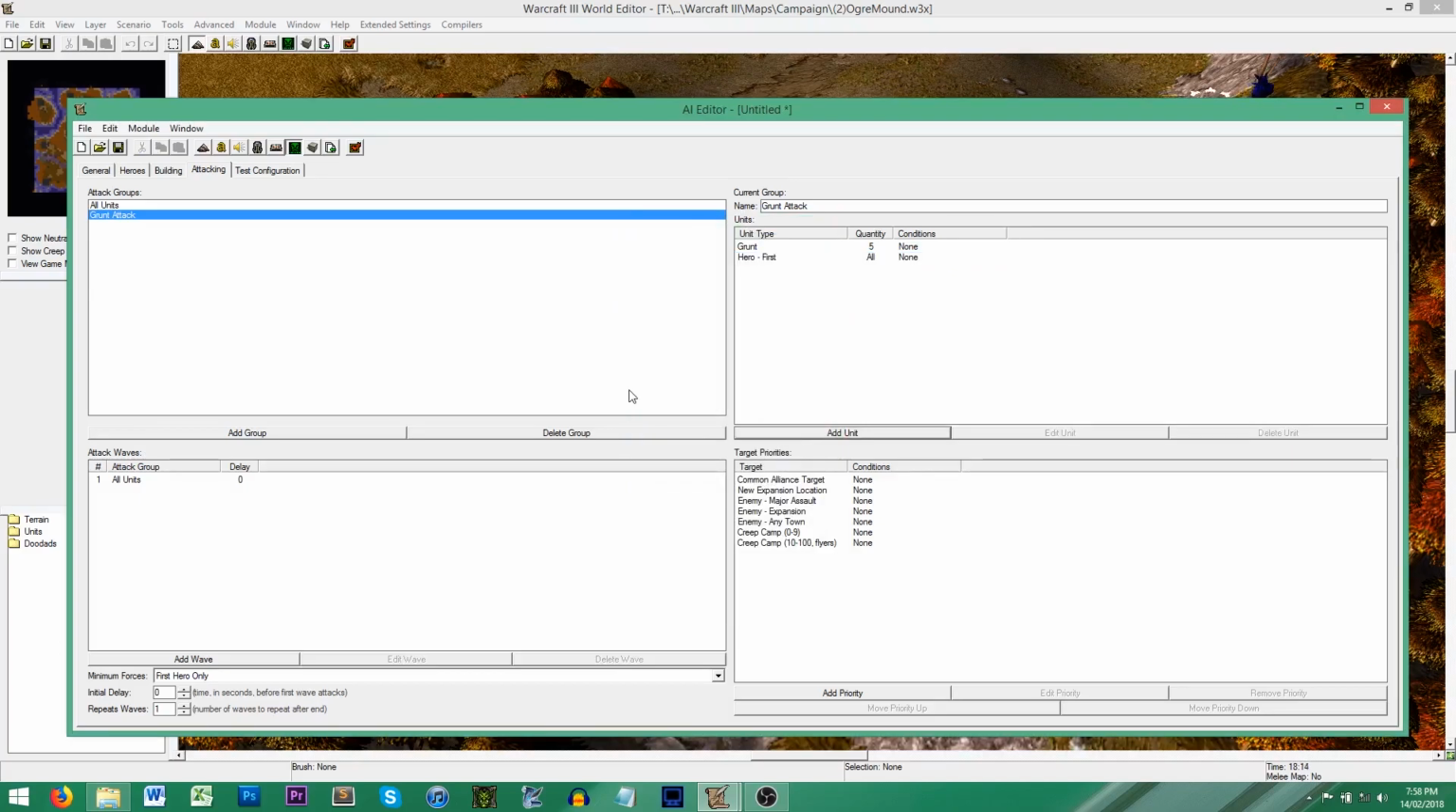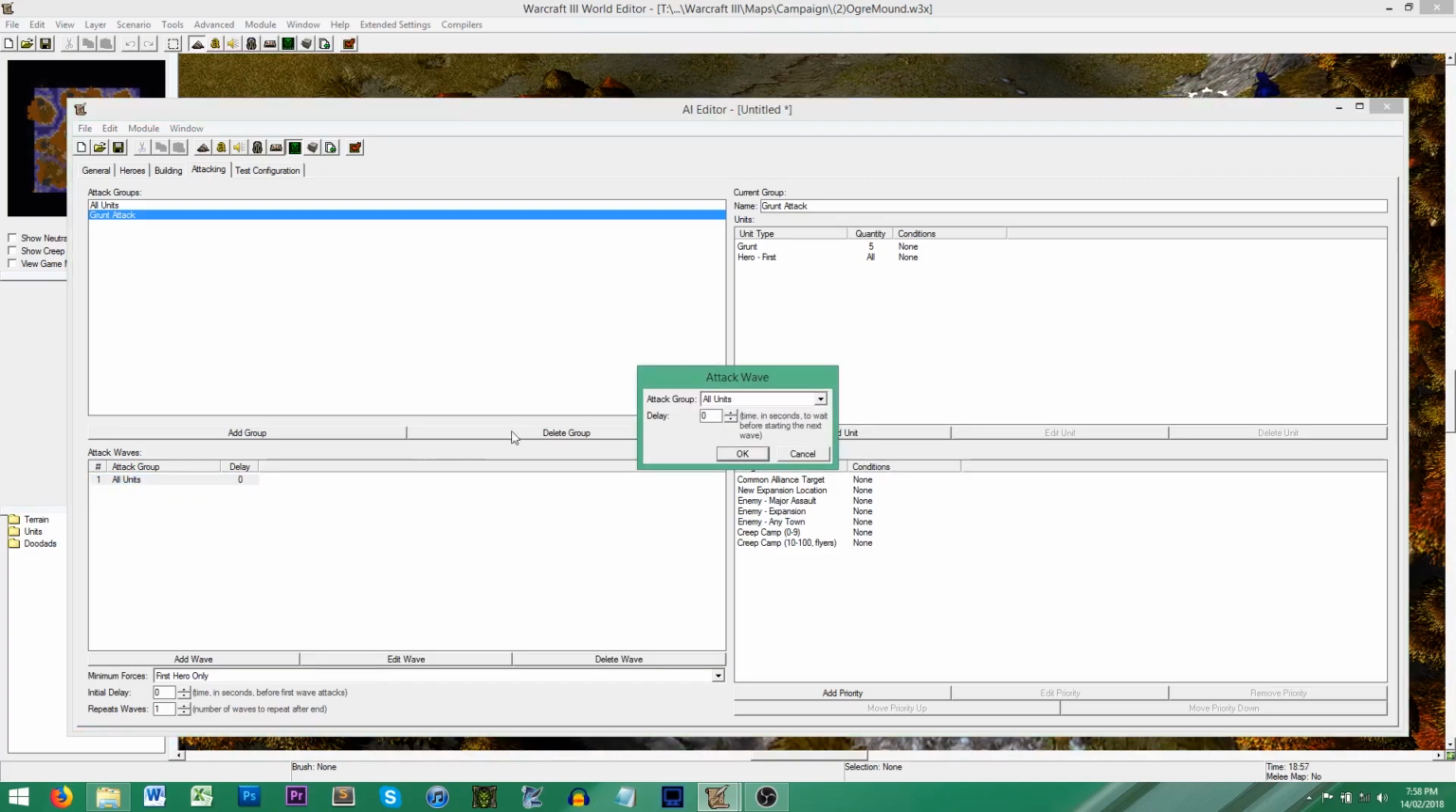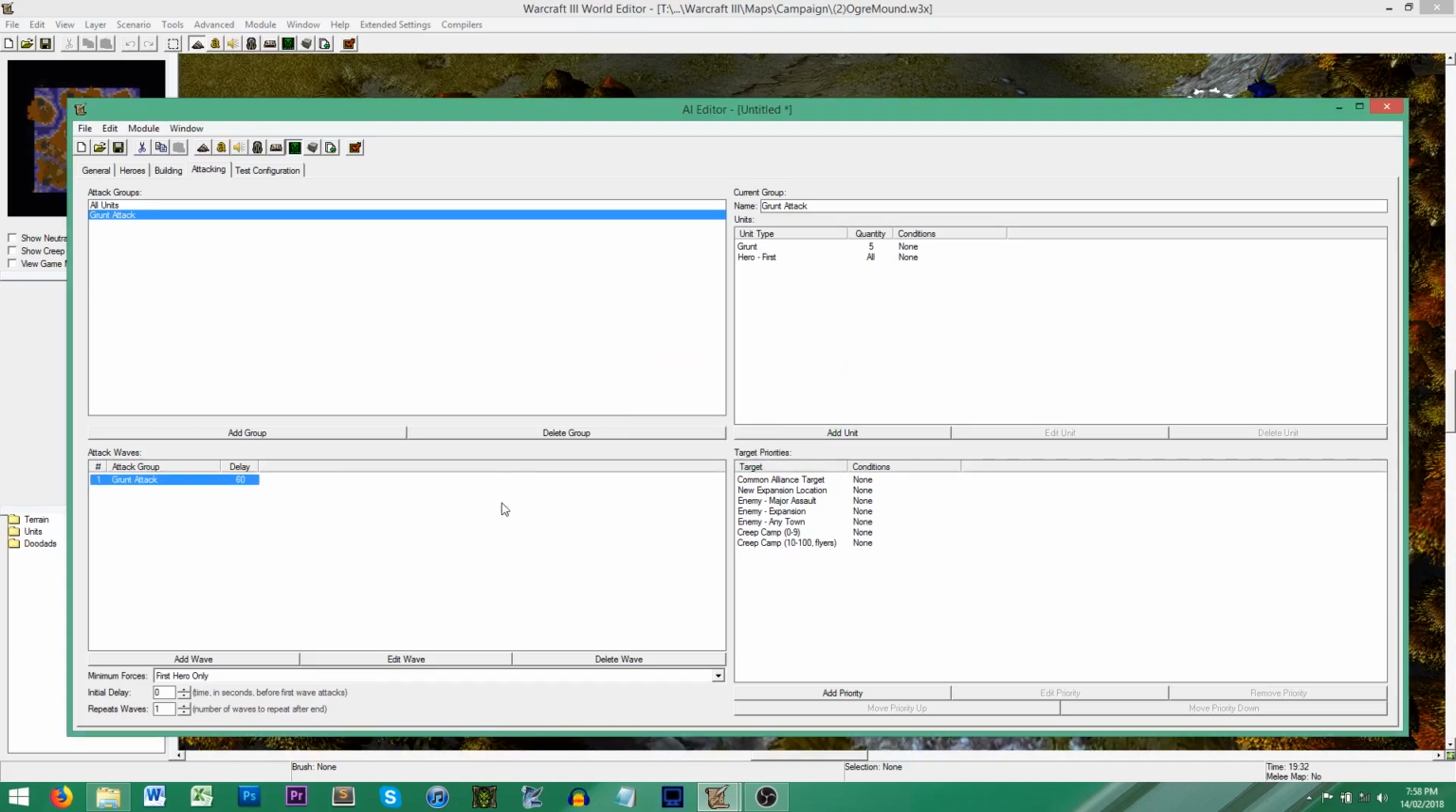Next, we want to be able to tell the AI to send this attack group to attack a player, which is over in this attack waves box right here, where we simply say the very first attack wave that will be sent will be of grunt attack. And we can also specify how long the AI will wait in seconds before it actually sends the attack wave at the player. There are also some additional options you can specify with the attack waves, like for example,